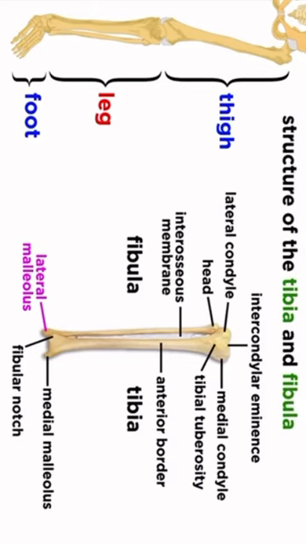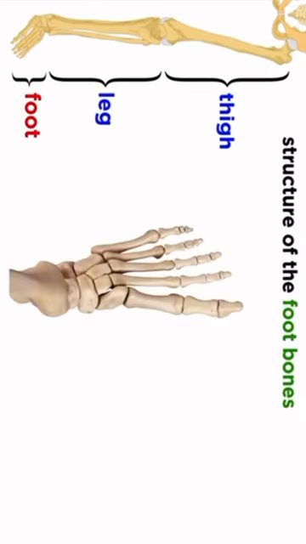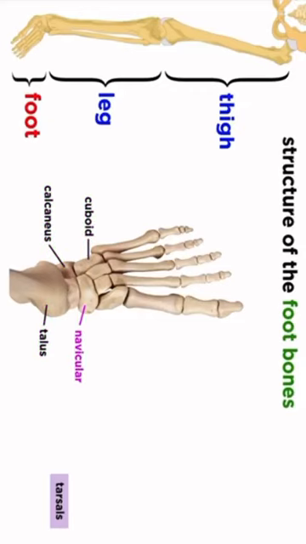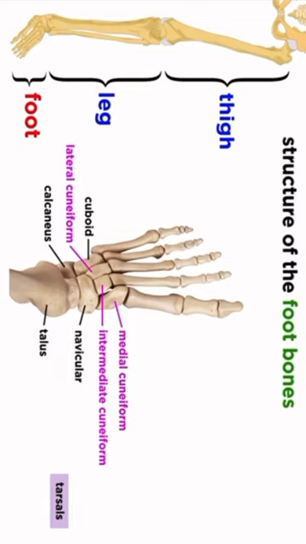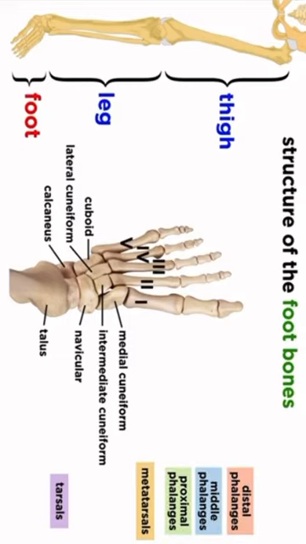Then we get to the foot, which is similar to the hand. We see the tarsus, made of 7 bones called tarsals. The biggest 2, the talus and calcaneus, make up the ankle. Then there is the cuboid, the navicular, and the medial, intermediate, and lateral cuneiform bones. Next we see the metatarsus, with 5 long metatarsals, again numbered 1 through 5. Also like the hand, we see 14 phalanges, 3 per toe, except 2 for the big toe, also known as the hallux. So that wraps up